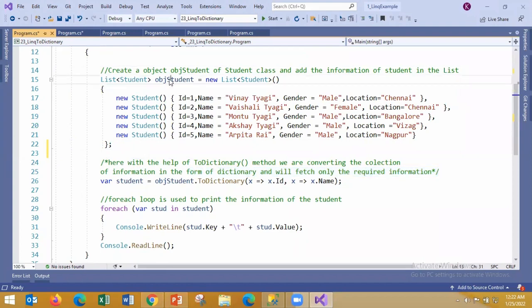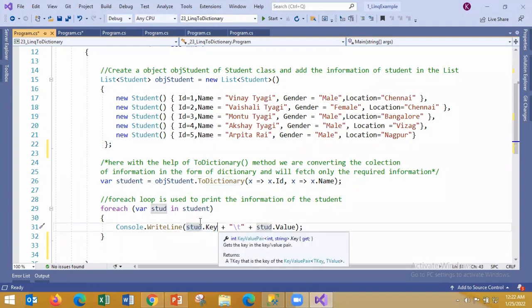So this is the data source ToDictionary, where I've used lambda expressions to get the ID and the name. Then use the foreach loop to iterate over the key value pairs. We're getting the key by the Key property from stud and the Value property of stud. You can see the ID and the name will